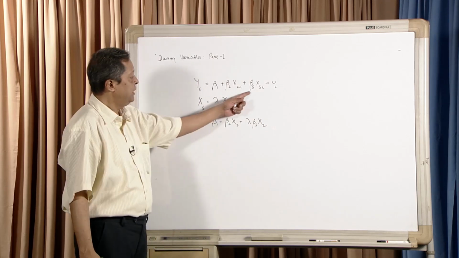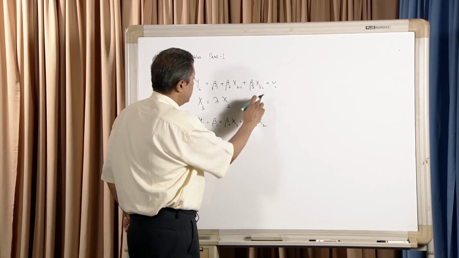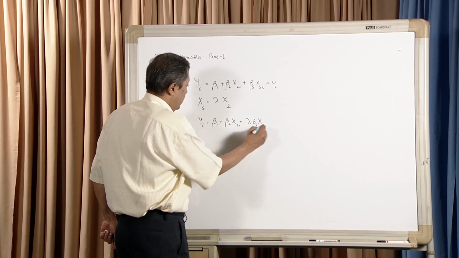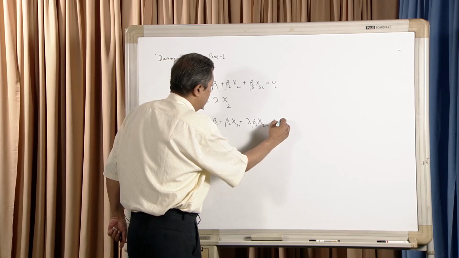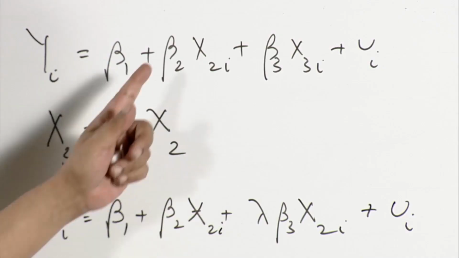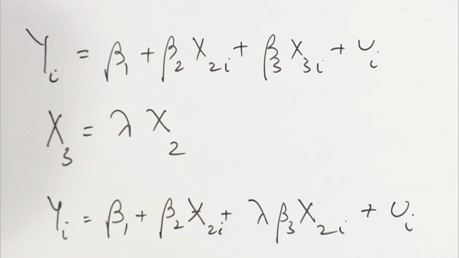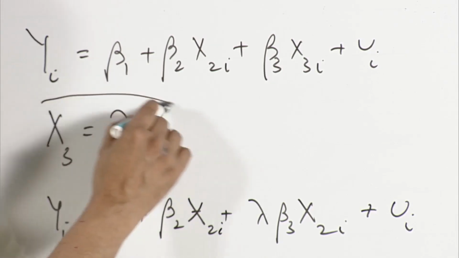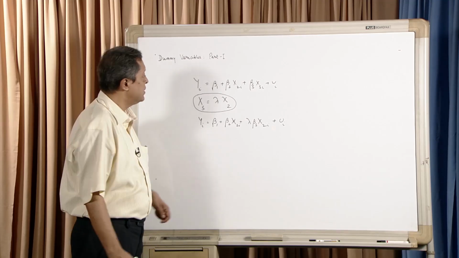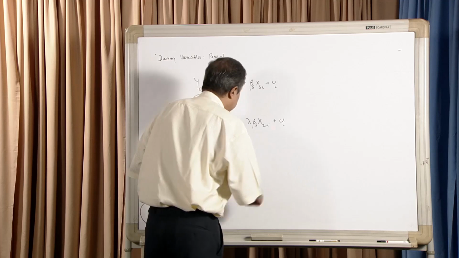So, x3 becomes lambda x2, and therefore, we actually get a model with only two explanatory variables. So, we cannot estimate beta 2 and beta 3 separately if we have perfect collinearity or multi-collinearity. The same thing happens if we write